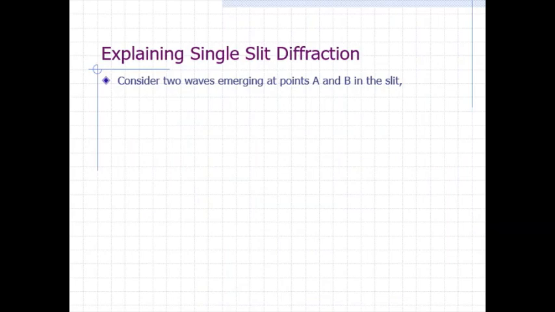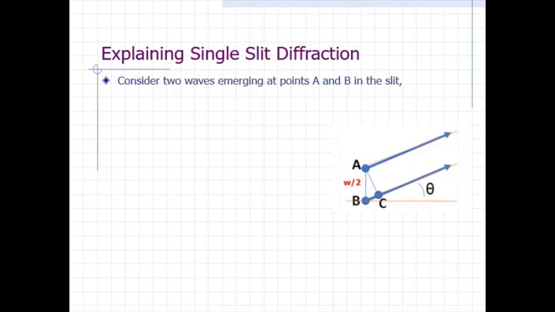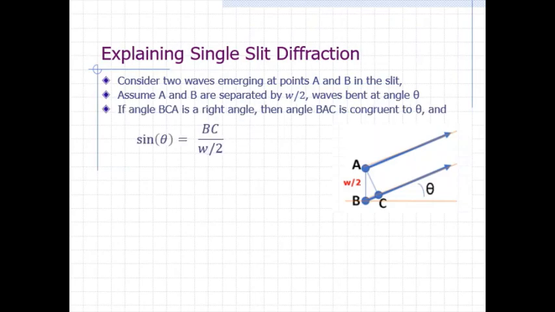Consider two waves emerging at points A and B in a slit that has a width of W, as illustrated in this diagram. Let's consider the case where points A and B are separated by a distance of W over 2, which is half of the slit width. And let's examine the wave from points A and B that are bent at an angle theta. If angle BCA as shown in the diagram is a right angle, then it should be easy to show that angle BAC is congruent to angle theta, and therefore sine of theta is equal to the length BC divided by